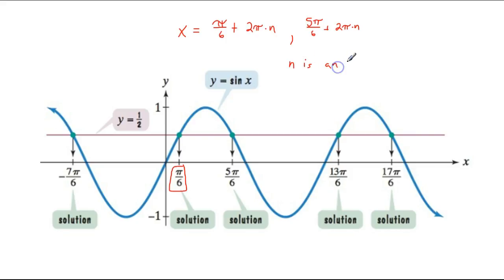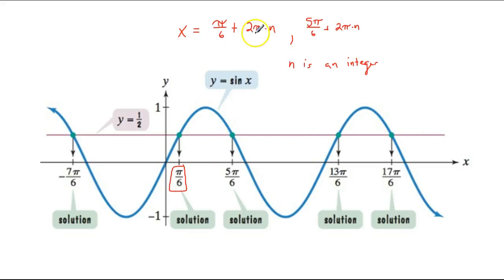So by an integer means positive and negative whole numbers. And that allows us to go this way and this way. So we start here and we subtract 2π, or we start here and we add 2π, okay? And we just keep that going over and over